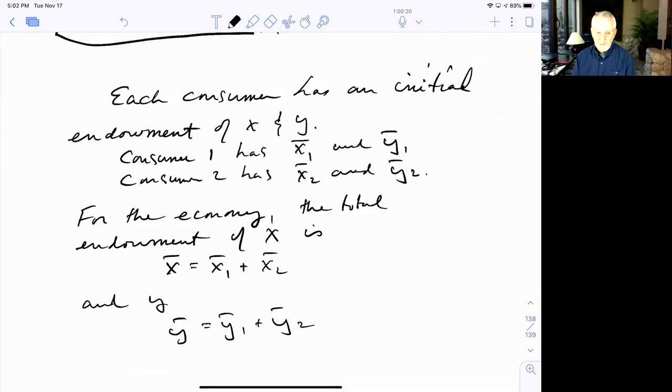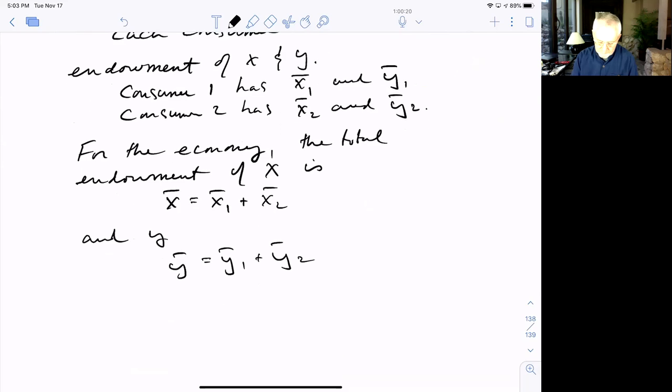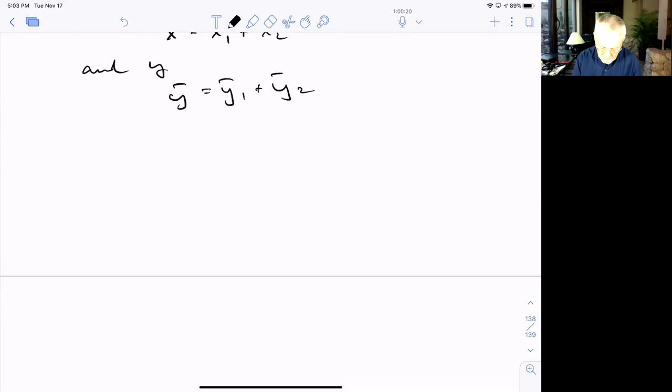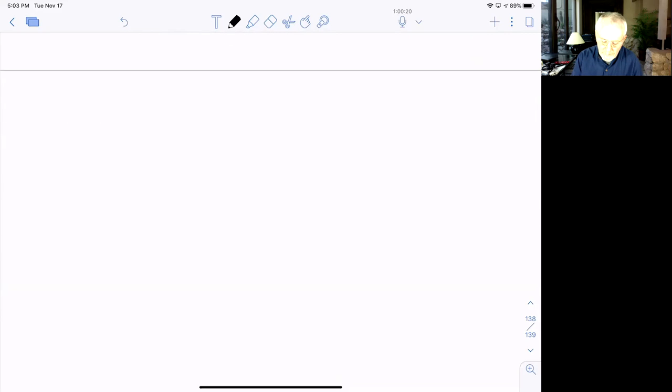to share between themselves. Now, each comes to the market with an initial endowment, but what we're going to allow is for these two consumers to make exchanges so that they can trade X for Y or Y for X, and their actual consumption bundle then can deviate from their initial endowment by virtue of the trades that they've made, all right? So what I want to do is I want to rewrite these consumers' tastes and preferences, taking into